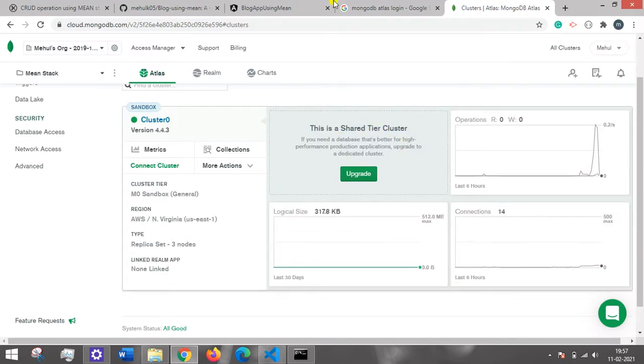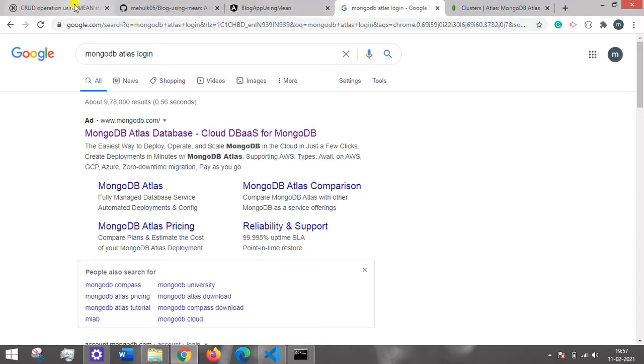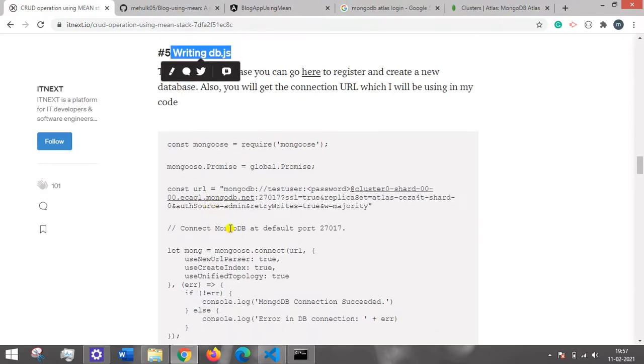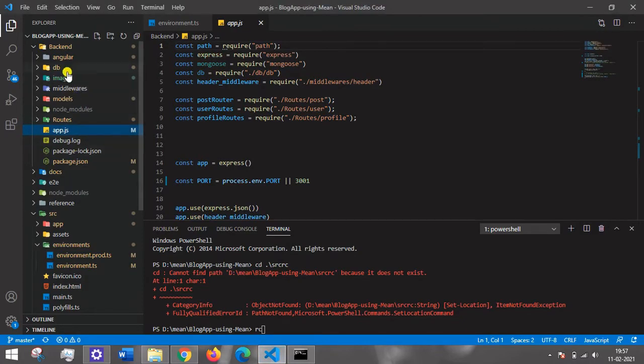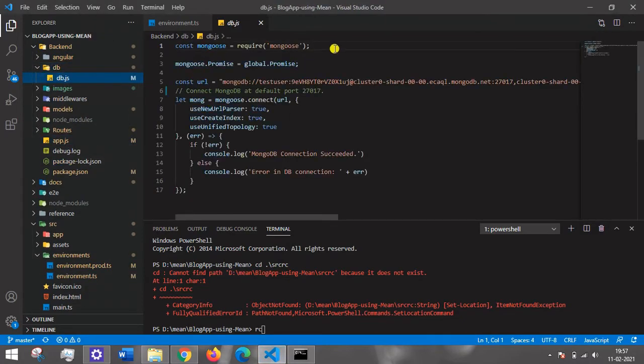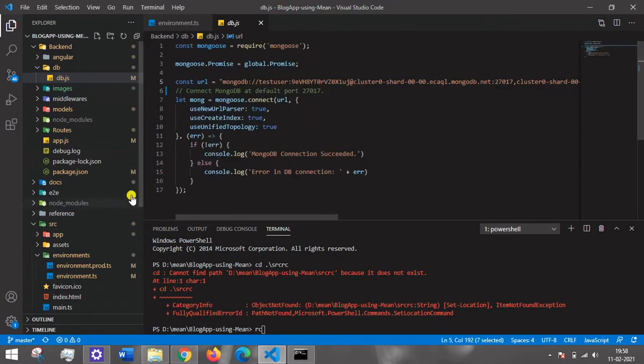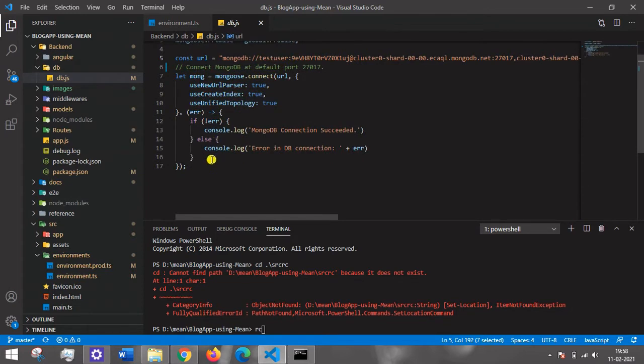This is something related to the Mongoose part, and then you can create your db.js. Our db.js will basically have Mongoose. We need to install it, and we need to make a global promise, which we will see. Then this is the URL I have asked you to get. The user and the password you can replace with yours, and then you have a database somewhere, so you can mention your database here and just copy and paste this part.